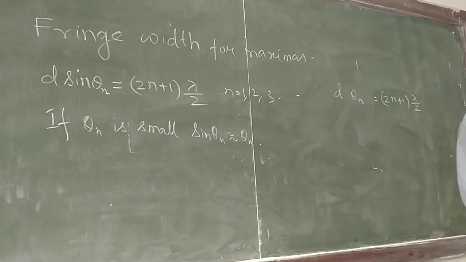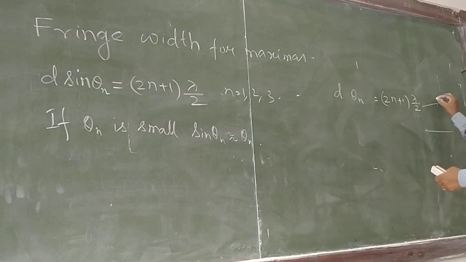This equation will get 4 theta n sin theta n is equal to theta n. You will get this equation. No problem. Any doubt? Theta, actually we are searching a very narrow range, very small range here. This d is very large, and this theta generally will be very small.